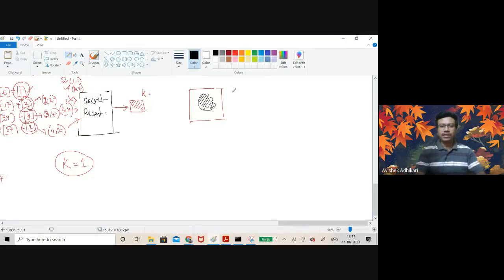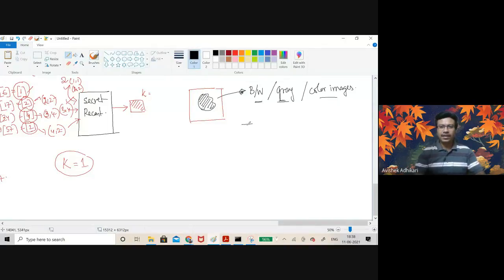So in image, if you look at this image, there are many different formats. For example, this may be a black and white image, which is basically purely black or purely white. This may be a grayscale image, or this could be a color image. Depending on the nature of the image, if you zoom this image, then